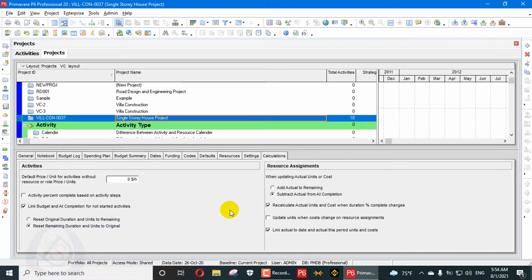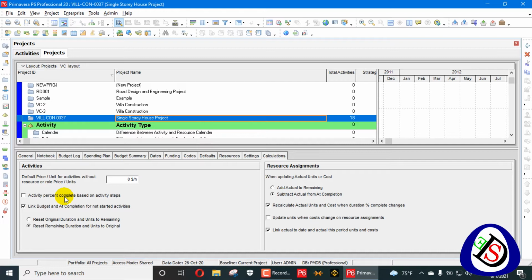So you can see a lot of tabs below. I have already explained project settings to you. So there are activities and resource assignment. If you see, there is a top option, activity percent complete based on activity steps. If I use this option by check mark here, it will activate my activity percentage complete, or my performance percentage complete, that is based on physical. If I set that one to physical, it will only rely on when I update my activity steps in my Primavera P6 project.